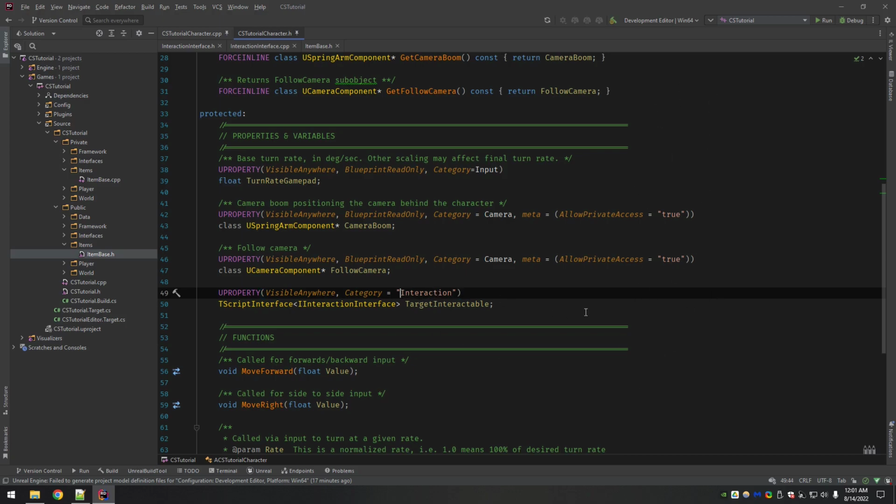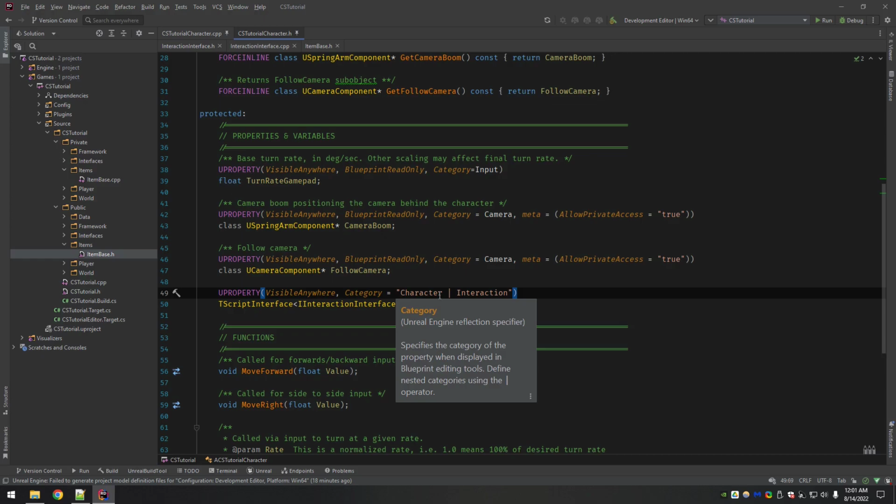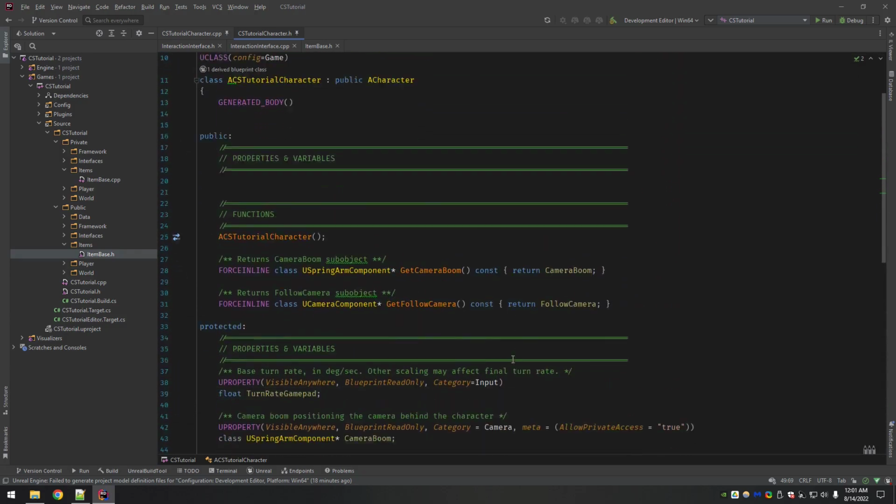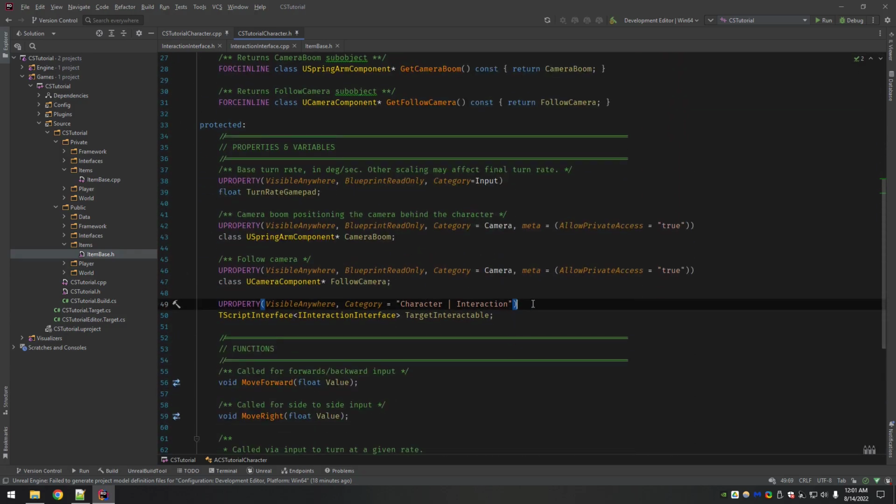I really like this trick that I don't even remember where I found: if you do something like Character and then the vertical bar, it will make this a subcategory. So now you will have Character, which is C, so it's closer to the top, easy to find. You expand it, you'll then have an interaction category where this stuff will fall into. So really useful. I don't think anything else has a category to fix, but we'll be doing this from here on out to keep everything nice and clean in the editor.